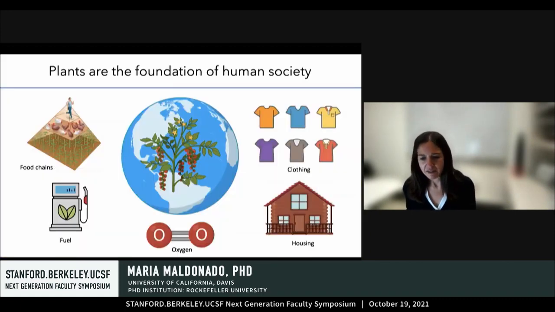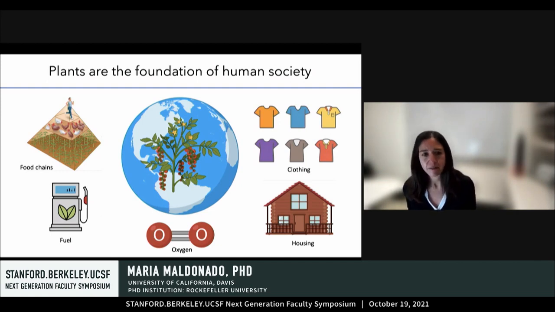Plants are the foundation for human society and, in fact, most life on Earth. If you think about it, they provide us with the oxygen that we breathe. They are the basis for all the terrestrial food chains, including all the food chains that Marine just talked about. And plants also provide us with different materials, fuels, housing, clothing, and other essentials for us to survive and for